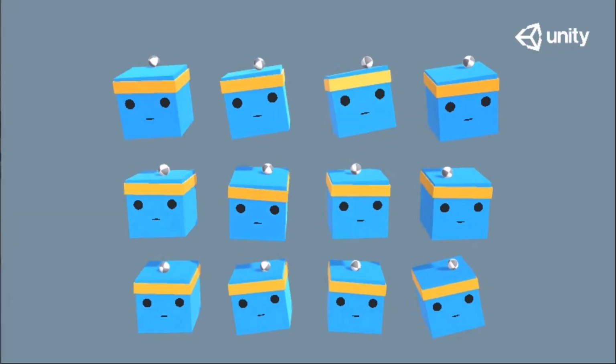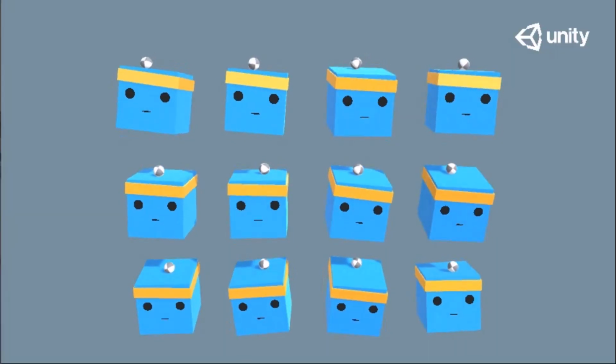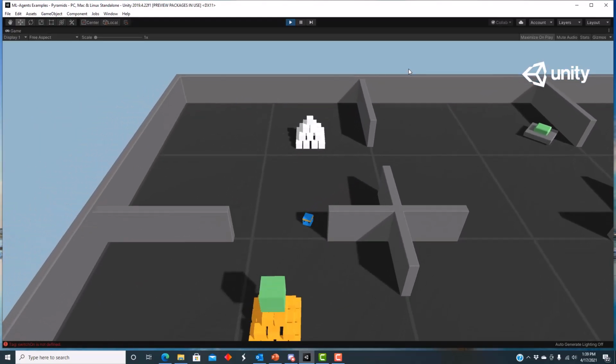The AI's choice of actions and possible rewards depend on its state. This is different from other ML Agents examples that I've seen, which tend to just have a single state. But having multiple states gives a lot more power and flexibility to ML Agents. I may make a separate video just on that.